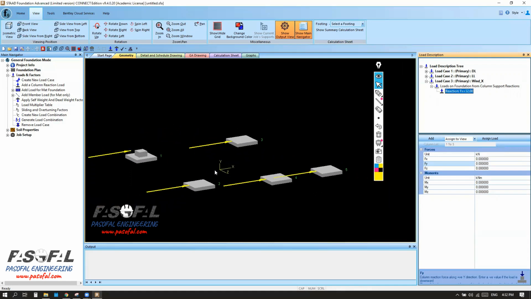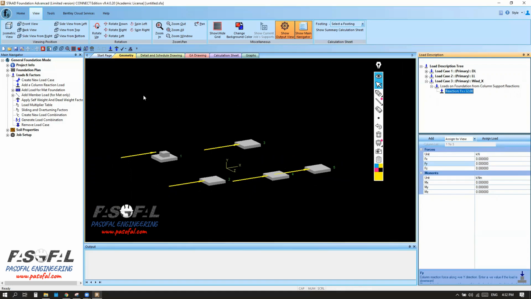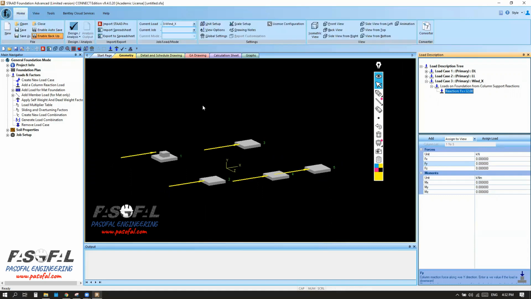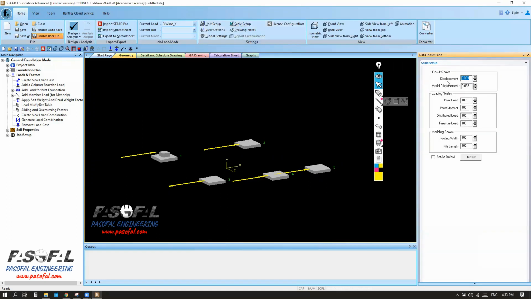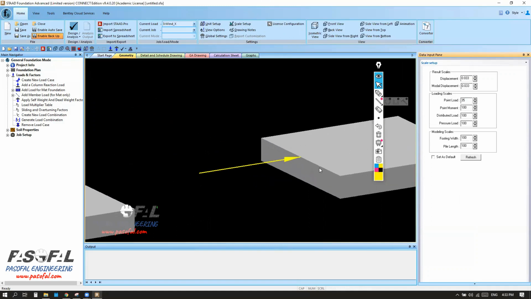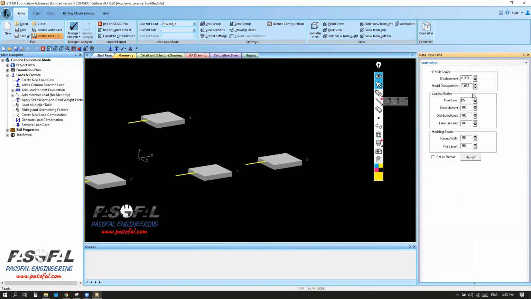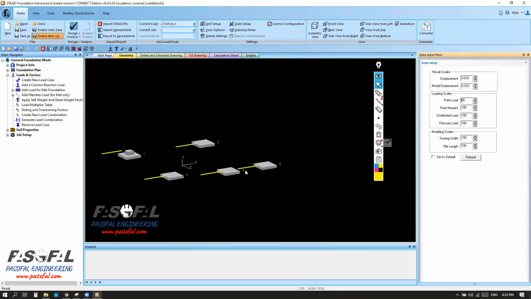If you want to scale the loading, as we explained earlier in our past videos, you can go back to home, and here you have the scale setup. Okay, so from here I have the load scales, and the first one is point load. So I can make it smaller, just like this. Okay, see here, I have this. Anyway, you can just set the load scaling from here. And we did this, and for the next step, I can just go to